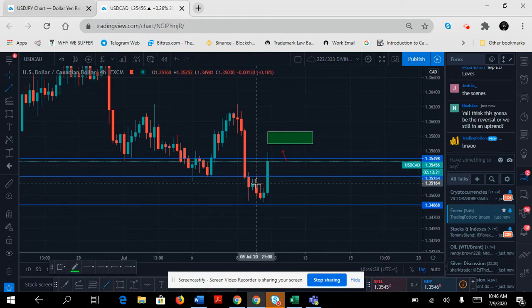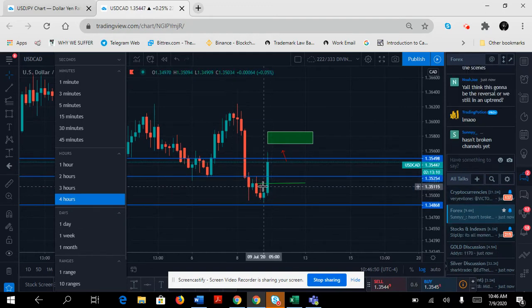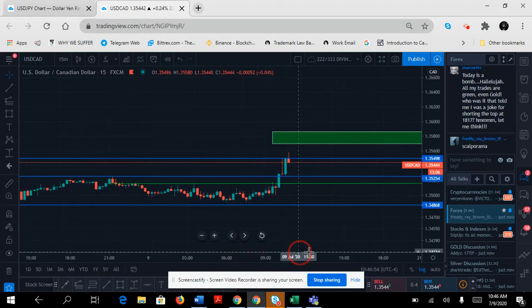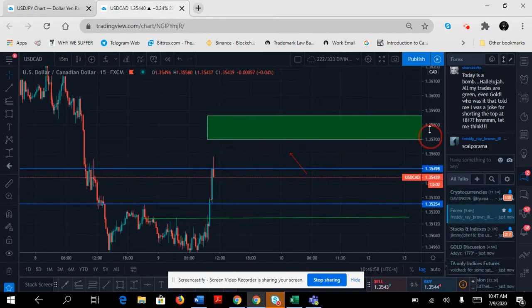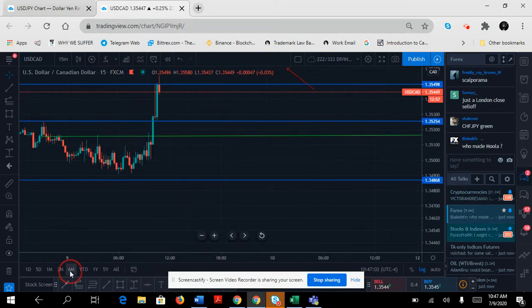Great entry point. Now, this is the 4-hour. We could go down to a lower one. I'm just showing you, if you want to trade it on the 4-hour and enter on the 4-hour, this is what you could have done. But it's going down to the 15-minute, and now on the 15-minute, we're able to see something totally different. All right. Now we're able to see where price actually